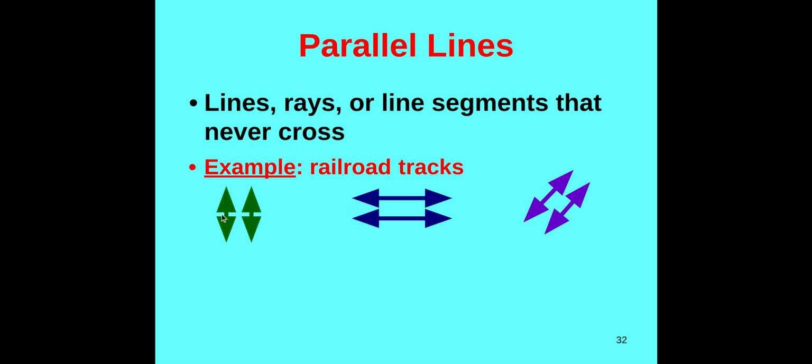So if you think about these sets of lines down here, if you lined both your hands up with those two green lines and you kept them just going up and up and up, they should never ever cross because they are perfectly parallel. Same with these two blue lines going side to side. If you lined your hands up and just kept going forever, they should never ever cross because they are perfectly